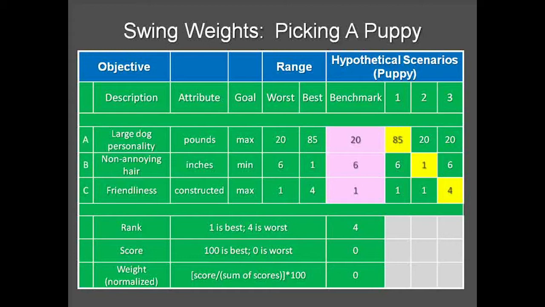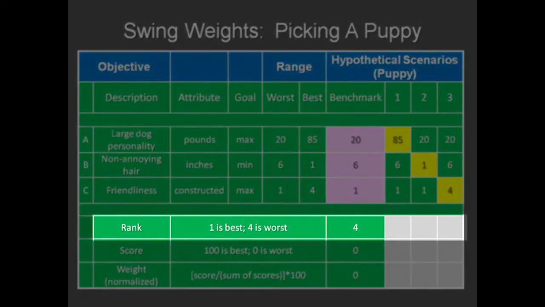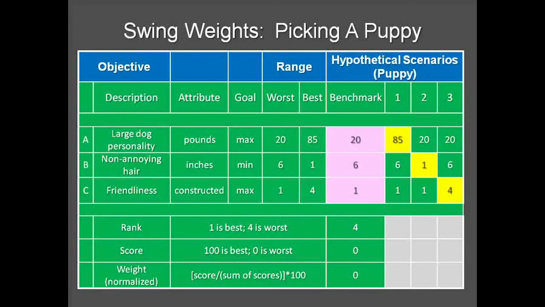We have the benchmark alternatives 1, 2, and 3. And what we do is we use these pretend alternatives to have a conversation with our decision maker where we say, now clearly the benchmark alternative is the least favorable. That's a 4. We're going to rank that 4th. But which of the other 3 is actually the best alternative? If you could choose one objective to swing from its worst case to its best case, which would you swing? And our decision maker then, thinking about that, could rank those different pretend alternatives or those different scenarios, 1, 2,